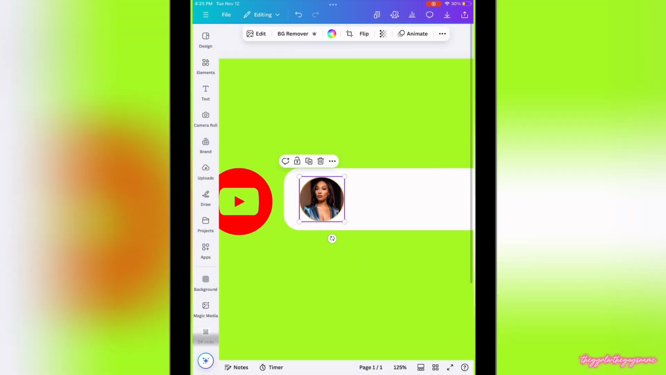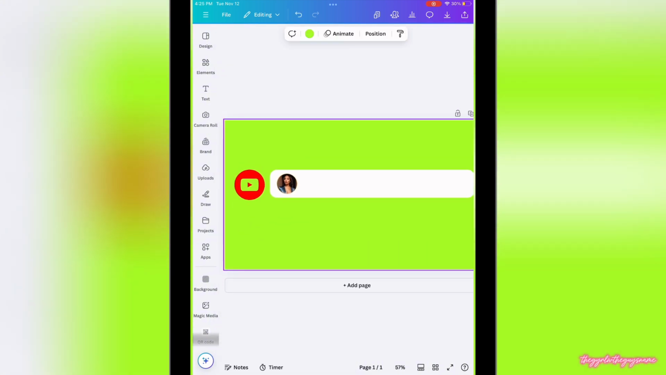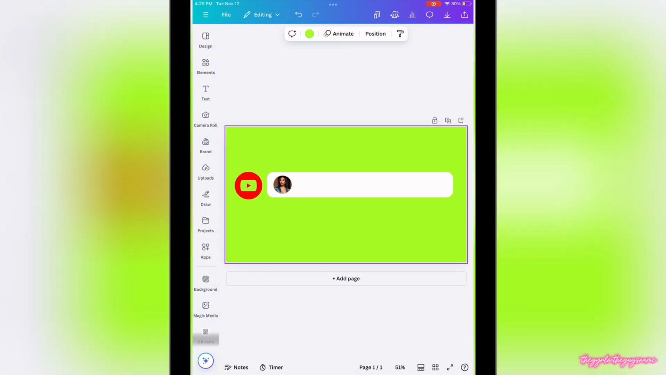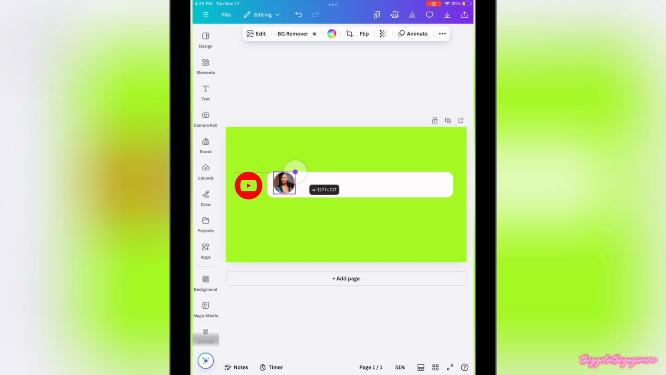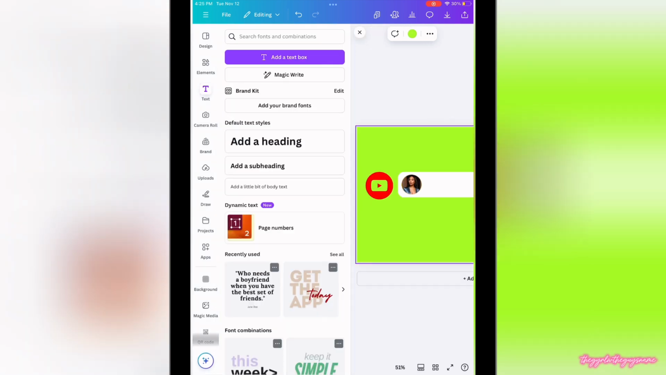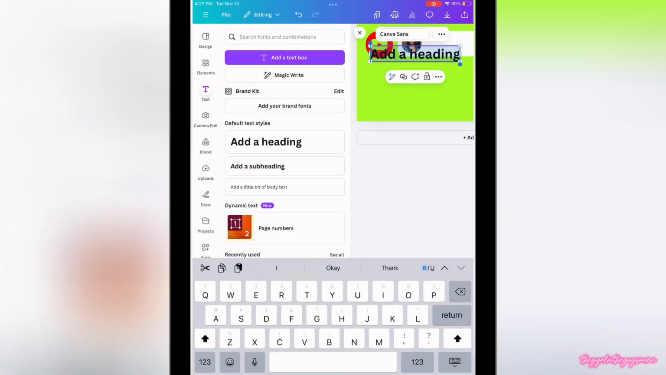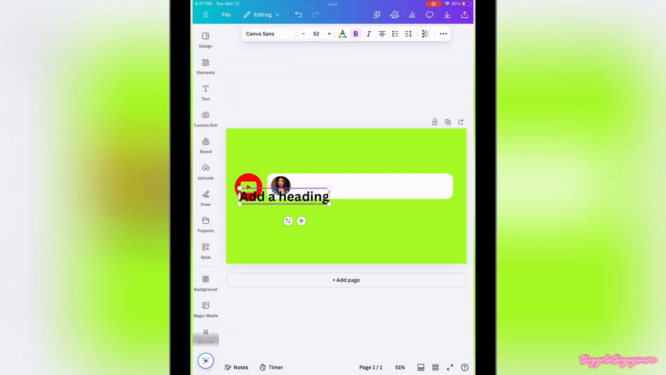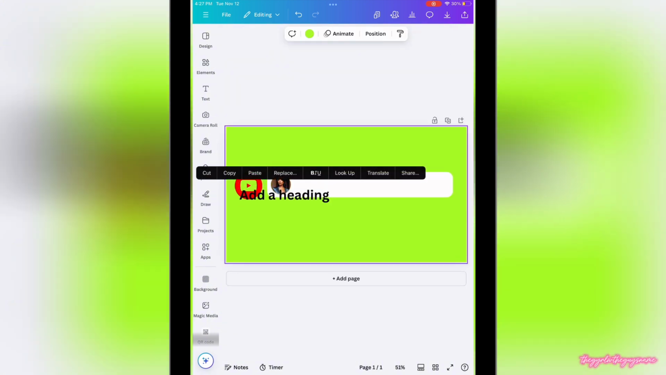Done. Alrighty, so now that we have that, now we're going to be adding the name of our channel, you guys. Let me just make this a little bigger. And again, it doesn't have to be perfect. You can just adjust it to your desired liking. So we're going to hop over to text, which is right underneath elements. I'm going to go to add heading. Let me exit out of there. All right, and now